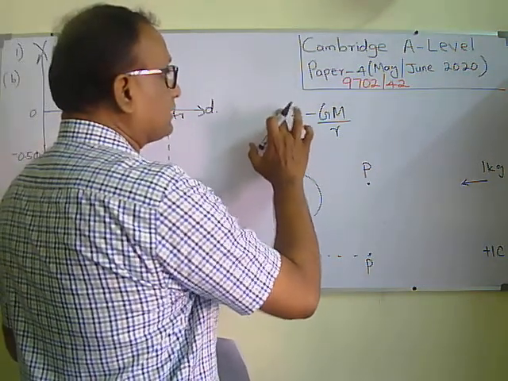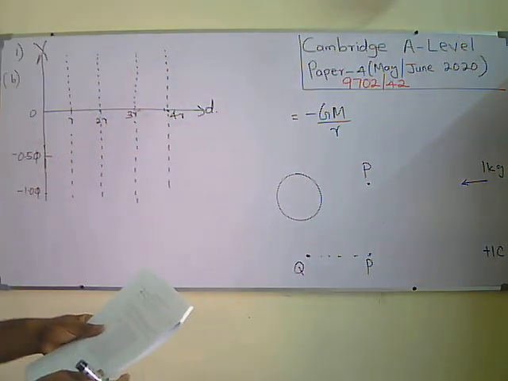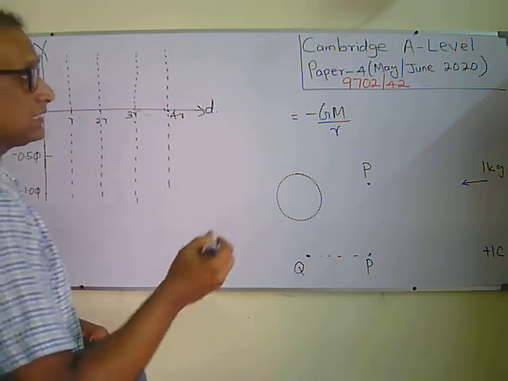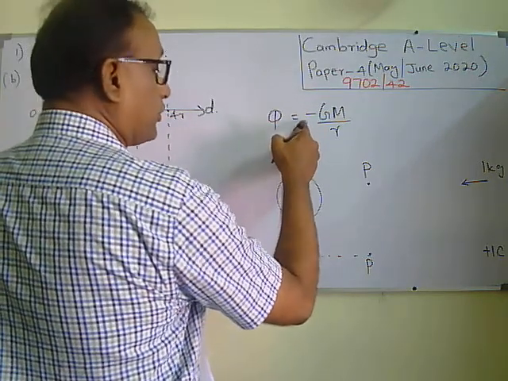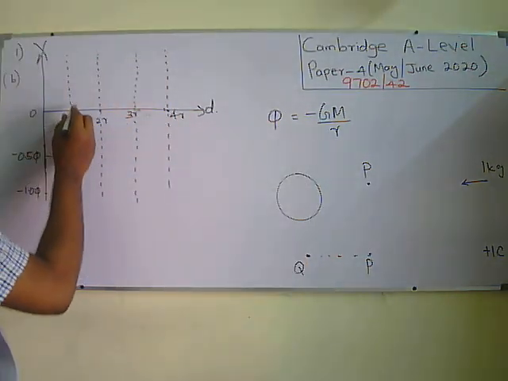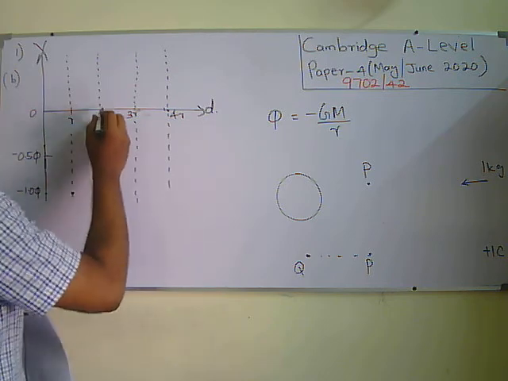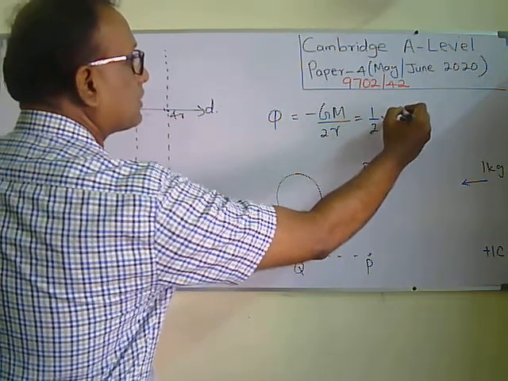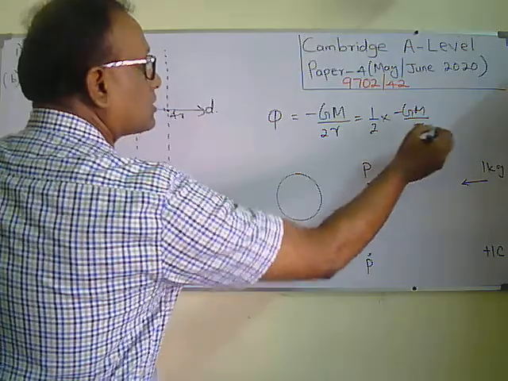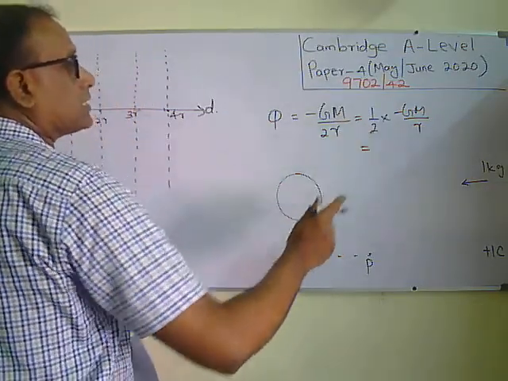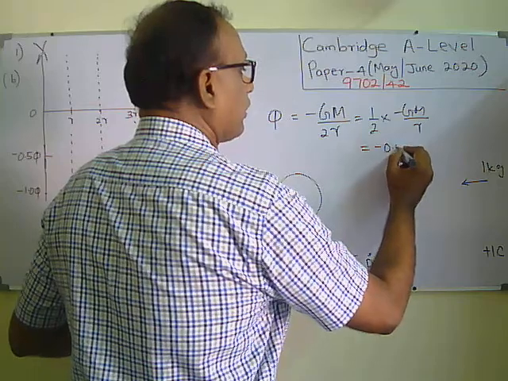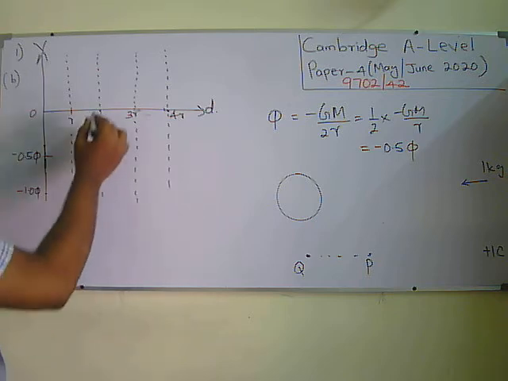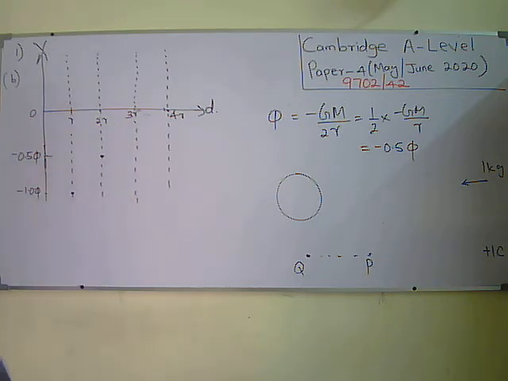So they are saying the gravitational potential on the surface of the planet, which has a spherical shaped mass, is phi. So it's going to be a negative quantity. It should be on the negative side. At r, you can put a dot here. Then at 2r, it's going to be 1 over 2 times minus Gm over r. 1 over 2 is 0.5. So minus 0.5, because Gm over r is phi. So I can put at 2r a mark at minus 0.5.